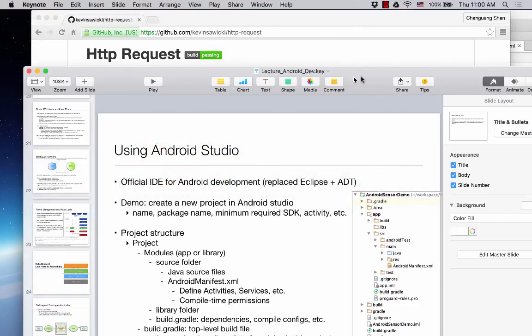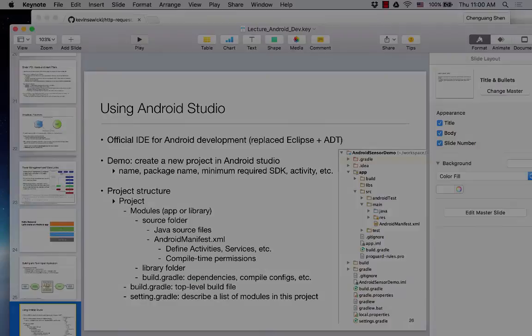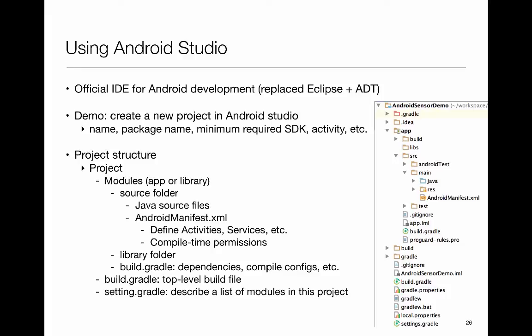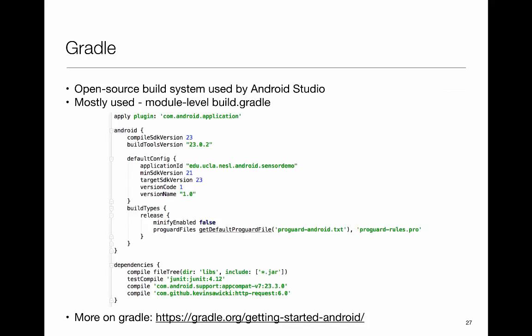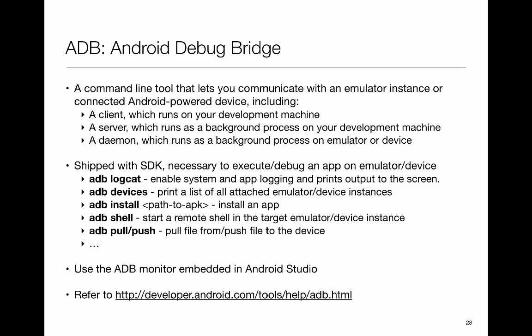So yeah, this is creating a project using Android Studio, and I've already covered all this stuff. Also the Gradle building system, all these blocks, and just pay attention to the version number, the program rules, and also the dependencies. So one last thing before handing over to Bo, the Android Debug Bridge, which is a very